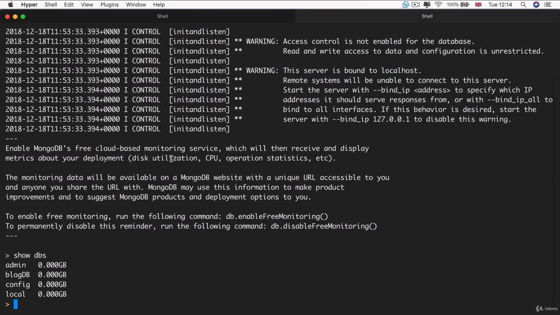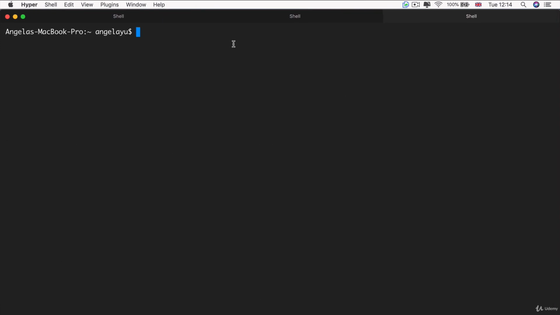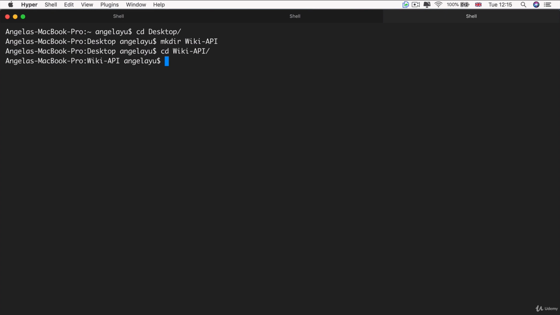So I'm going to go and open up a new tab. And here I'm going to navigate to my desktop. Feel free to create your project anywhere you like, but I'm just going to do it here so that it's easy for you to see, and I'll move it later. So on my desktop, I'm going to create a new directory that is called wiki-api. Then I'm going to cd into this directory, wiki-api, and inside here, I'm going to initialize npm,